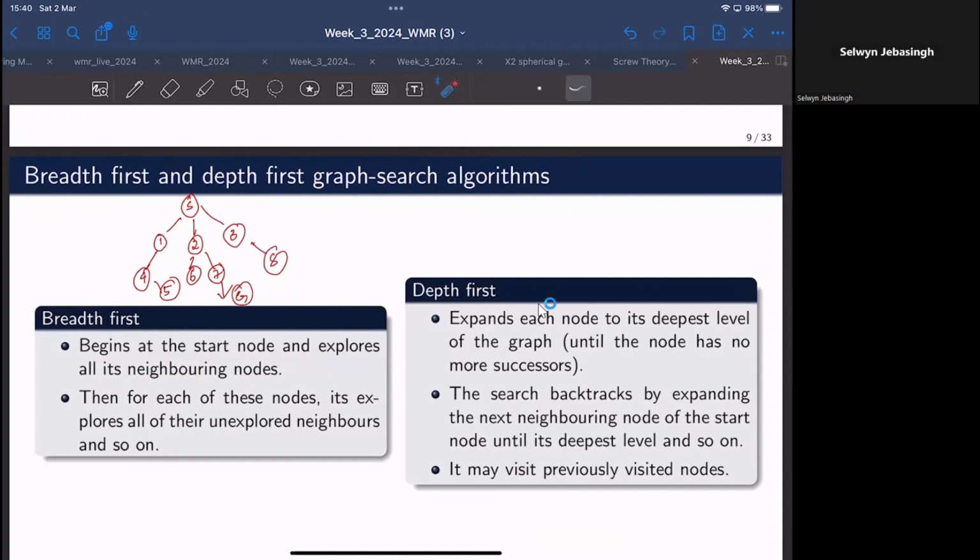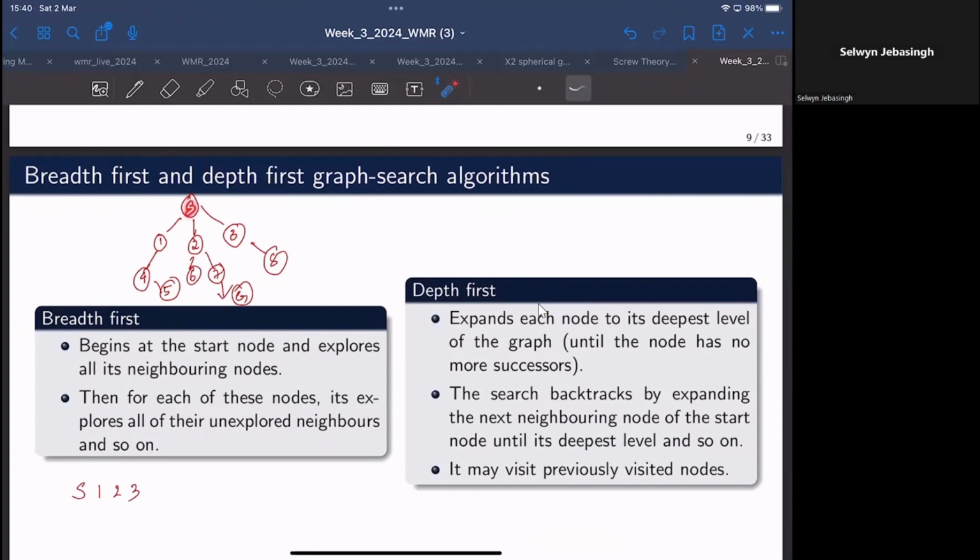So the nodes that we are investigating are 1, 2, and 3. We'll begin with start and we'll investigate 1, 2, and 3. Right? Then what do we do? Then for each of these nodes, it explores all of their unexplored neighbors